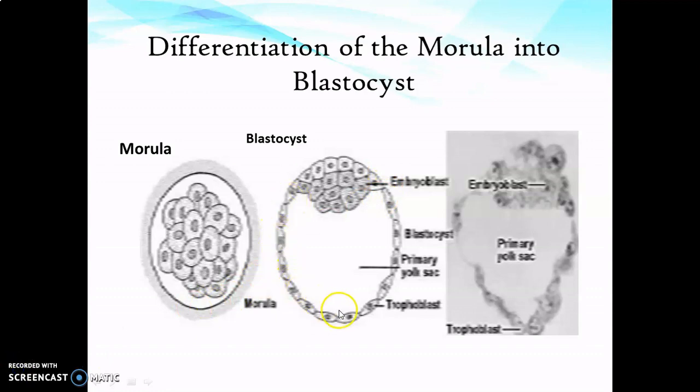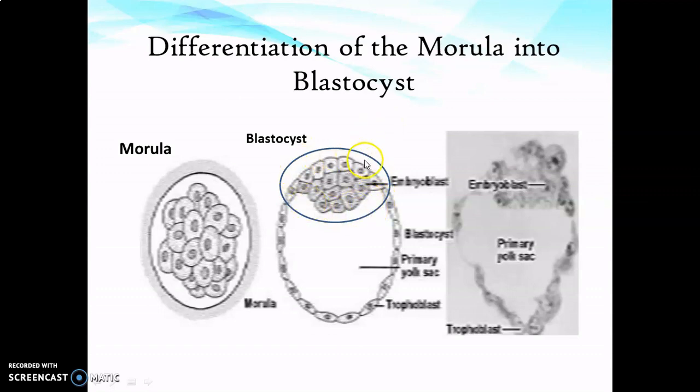The trophoblast cells are associated with implantation of the embryo in the uterine wall, and later they are also associated with formation of the placenta. And the embryoblast, as I said to you, forms the embryo proper, and it is from this cluster of cells that the germ layers derive. The formation of the blastocyst is complete by the first week of gestation, and from the 8th day of gestation onwards,